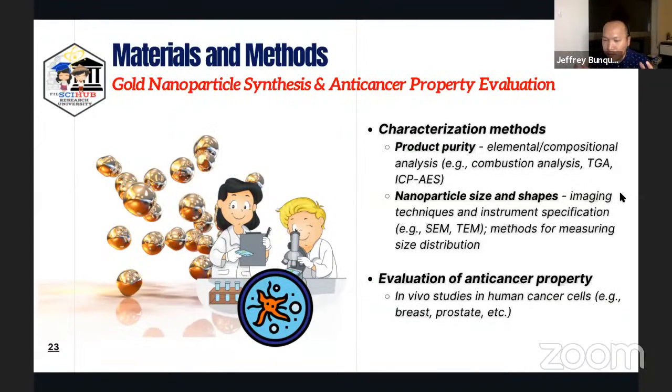So how do you measure the purity of, say, gold nanoparticles? So you can employ elemental analysis or compositional analysis, and those are broad terms. So you have to specify, oh, did you perform combustion analysis? Did you use TGA? Did you use inductively coupled plasma atomic emission spectroscopy? So some of those things you have to specify, even yung model ng unit na ginagamit po ninyo to analyze